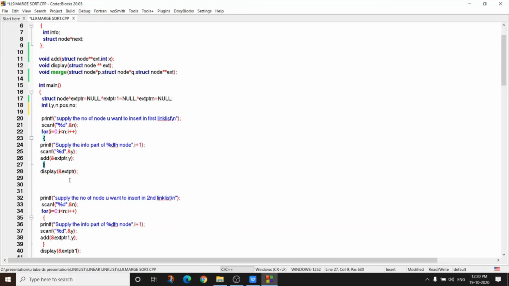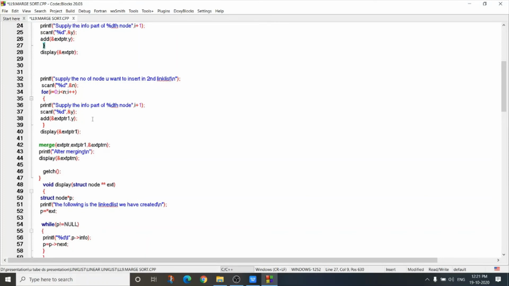In the same way, I have to create the second linked list, which is also in sorted form, and call the function display by passing the address of extptr1 so that I can see the second linked list. Now it's time to merge. So call the function merge by passing extptr, extptr1 and ampersand extptrn.